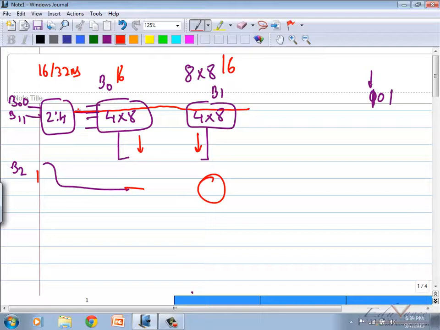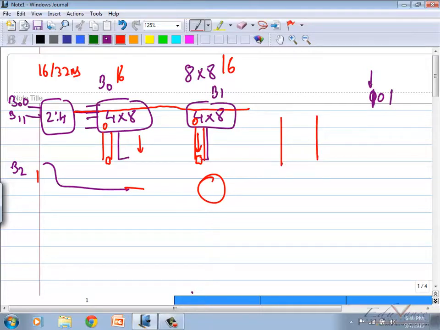करेक्ट? Yes or no? Now wait, I'm not yet done. This, suppose let's say location 0 of here and location 0 of here, sorry, row number 0 and row number 0, उसका एक बिट लाइन और बिट लाइन बार आएगा. Yes or no? Do you think कि यहां सेंसैम्प लगाना चाहिए, यहां सेंसैम्प लगाना चाहिए? सेंसैम्प तो होगा ना, yes or no? हर एक कॉलम के एंड में नीचे सेंसैम्प होता है. या फिर,